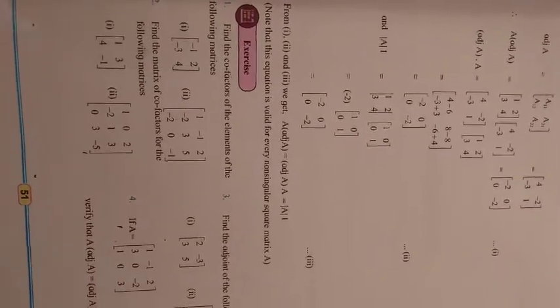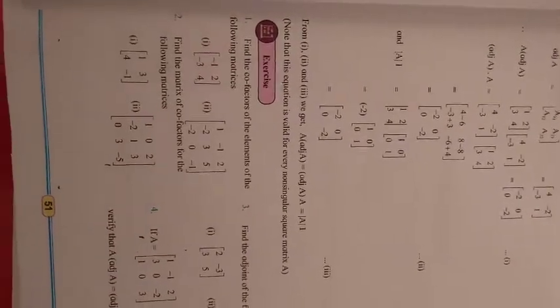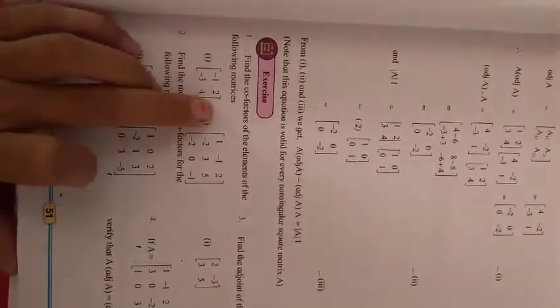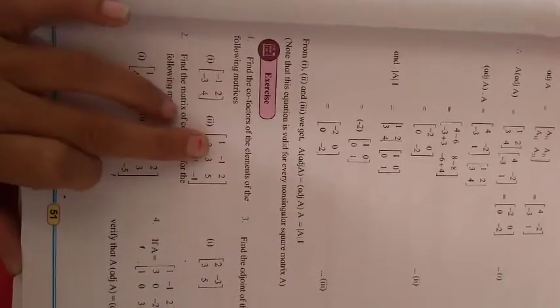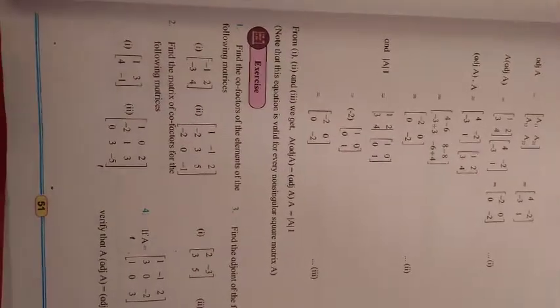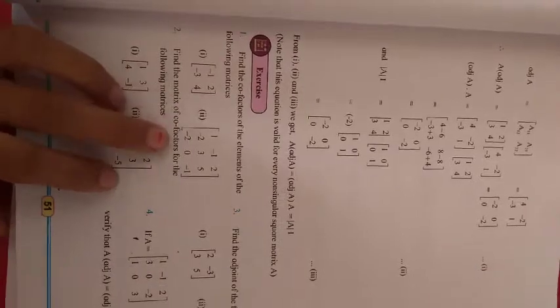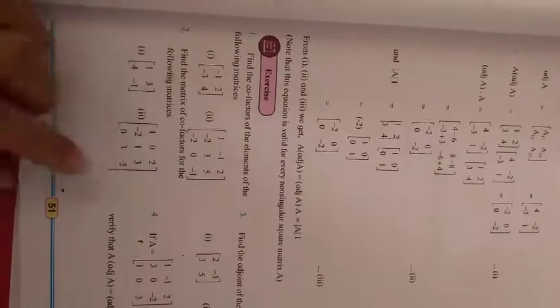गुड मॉर्निंग स्टूडेंट्स। लास्ट वीडियो लेक्चर में हमने एक्सरसाइज का फर्स्ट क्वेश्चन पढ़ा था, फाइंड द कोफैक्टर्स ऑफ द एलिमेंट्स ऑफ द फॉलोइंग मैट्रिसेस। So for finding cofactor, first of all we have to find minor and then we find cofactors. Now in the second question we have to find matrix of cofactors. Means after finding a11, a12 and all, we will write in a matrix, and that matrix is called as matrix of cofactors. So procedure is same, but now we have to write that all answers in matrix. So that is the matrix of cofactors.